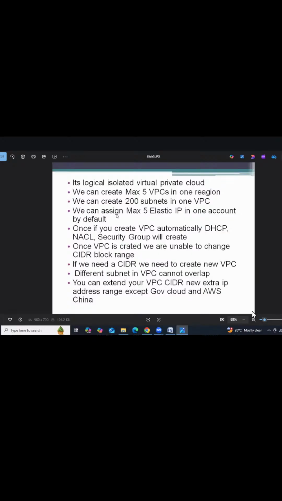How many elastic IP addresses? Elastic IP address means your public IP address, a static IP address. For example, if you start your organization, you purchase a static IP address from the ISP. They will charge 5,000, 4,000 like this per month because this IP address is dedicated for you.